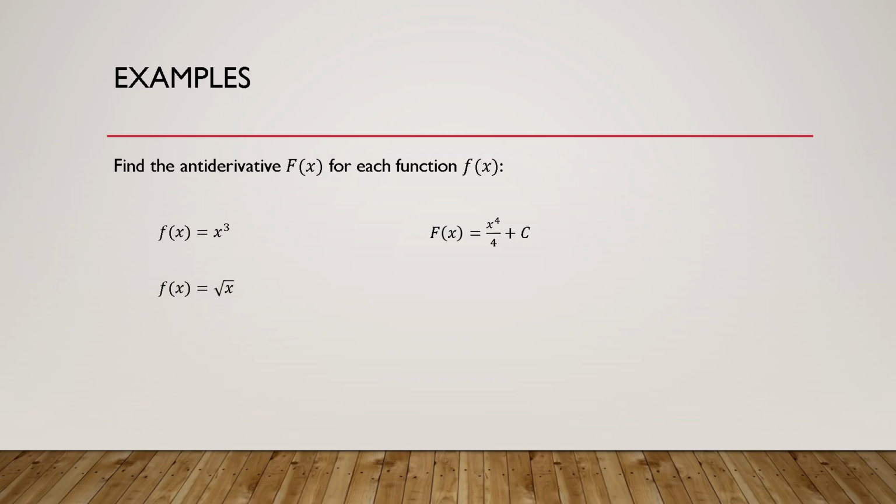f of x is equal to the square root of x. To better see the antiderivative, let us write the function as a rational exponent. f of x is equal to x to the 1/2. Then capital F of x is equal to 2 times x to the 3/2 over 3 plus c. When we put it back into radical form, it equals 2 times the square root of x cubed over 3